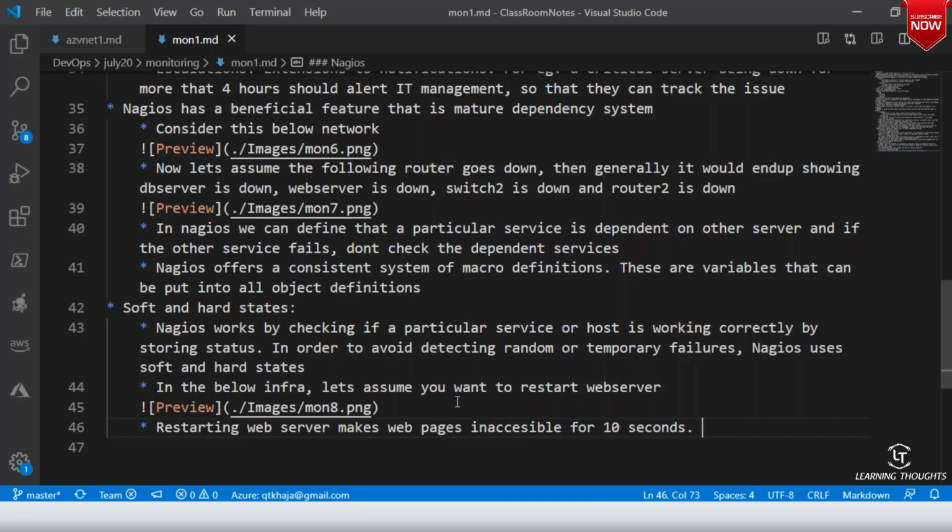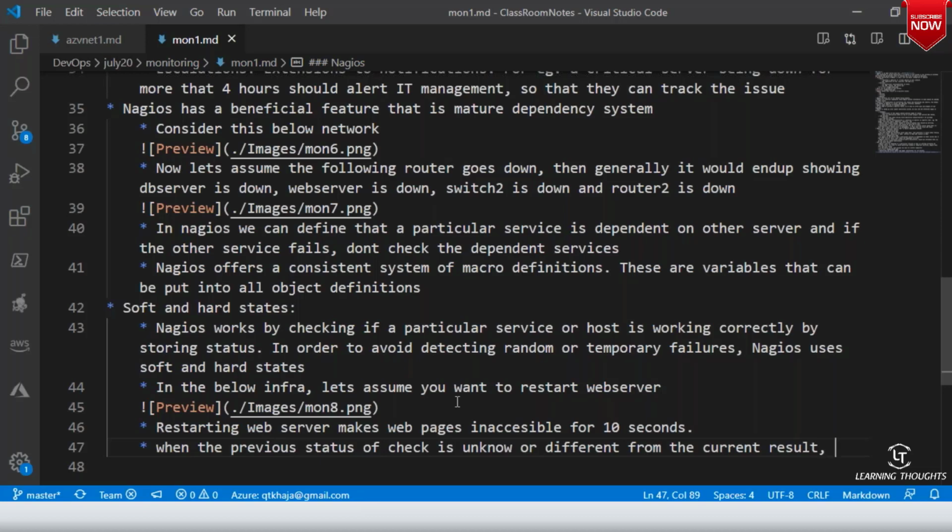But let us see what Nagios can do for you. When the previous state before we did the check was unknown, or different from the current result, Nagios will not immediately change the state.